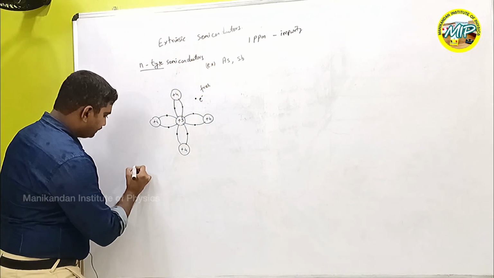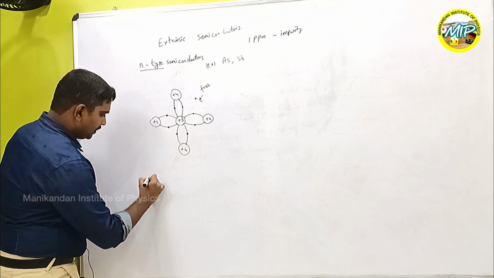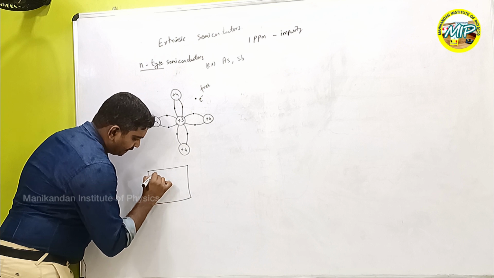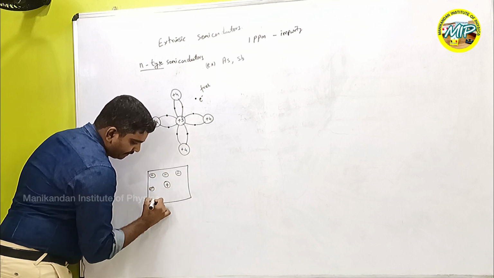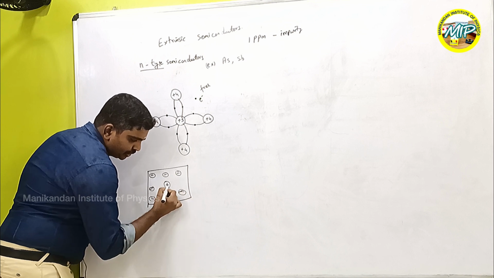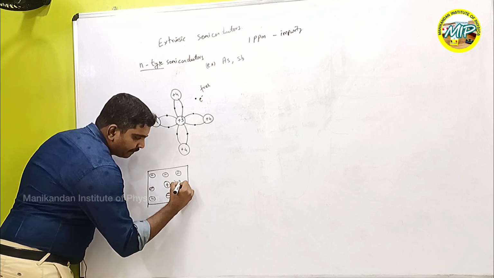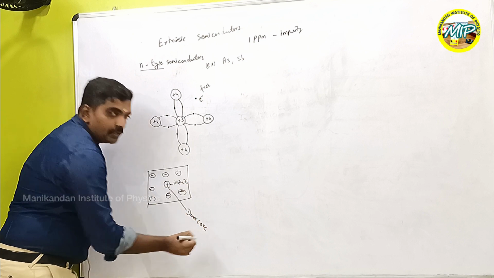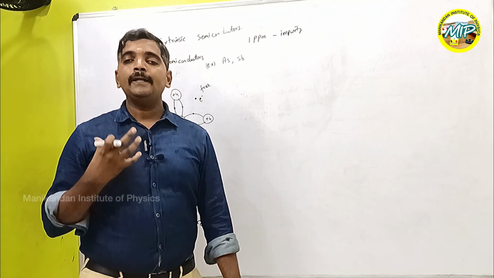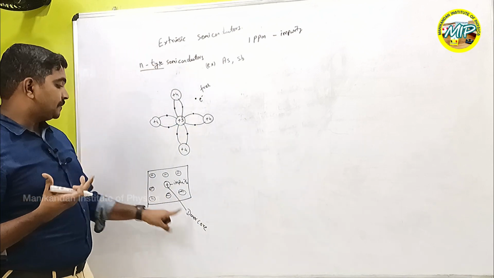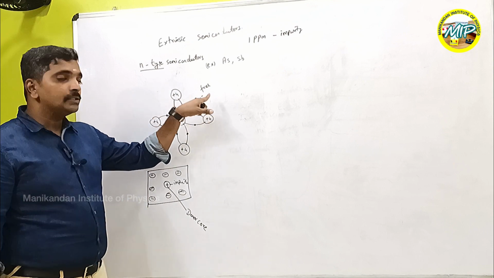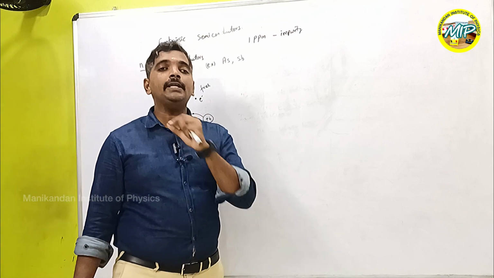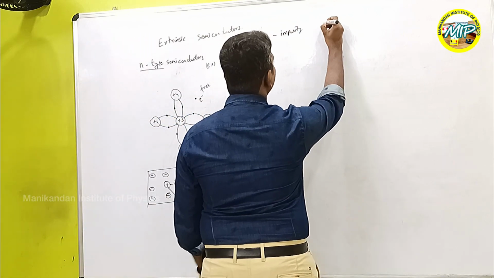Sir, I can simply write here, I have a positive plus here. So this is your impurity. So this is called the donor core. Donor core means which will donate one electron to the system. It's called the donor core. So initially this is also not moving. So we have to provide some amount of energy to the system. So if I plot a graph here,